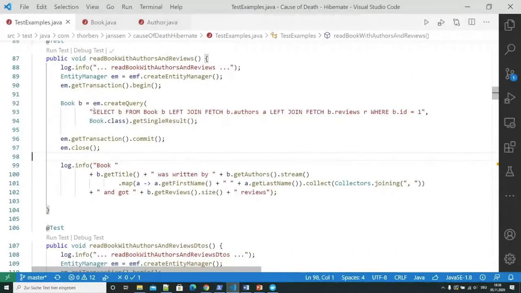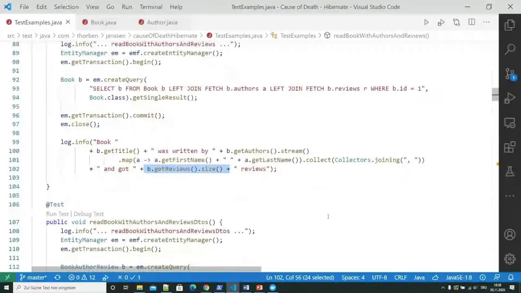Okay, we had a look at this query here where we have multiple join fetch clauses. And we need them because down here we want to print out the title of the book with the names of the authors and the number of reviews. So in that case, you could say, well, I just use multiple join fetch clauses to get the books with the initialized authors, avoid the n+1 select issues that we had before, and hopefully don't create an implementation that has a horrible performance.